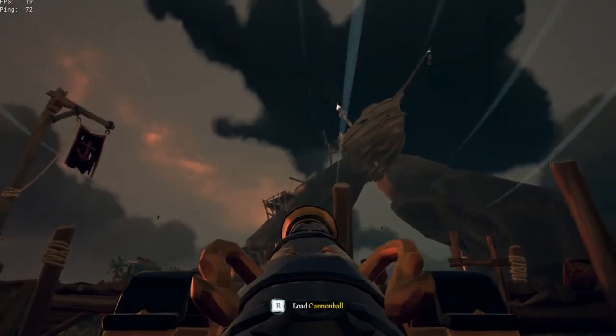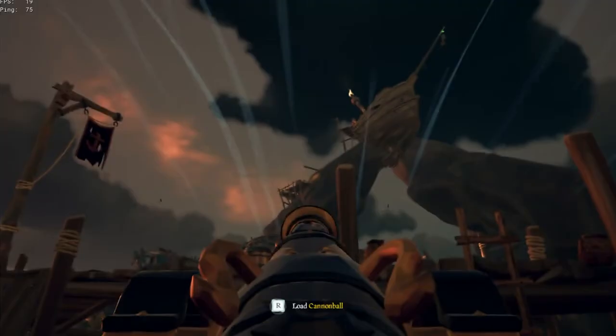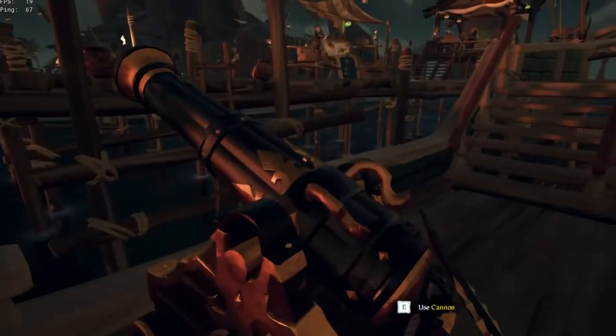Another thing you can do is, while you're in the cannon, you open up your menu, your item menu. If you have curse balls, you'll be able to load it that way. Another thing about this cannon,